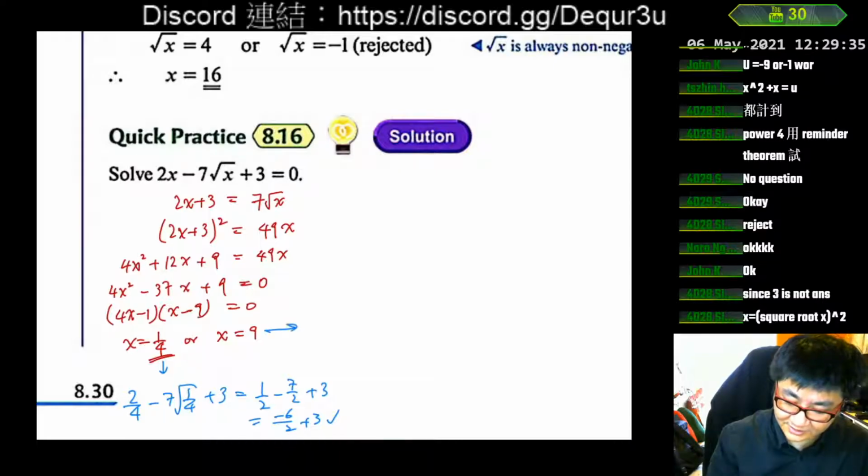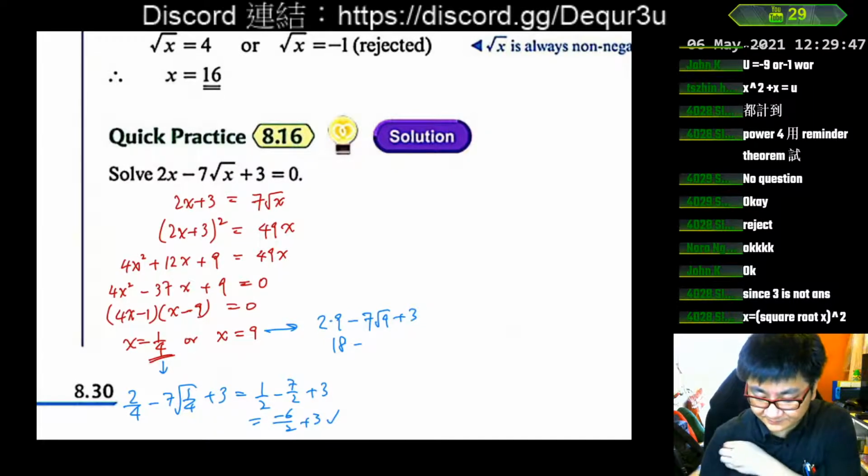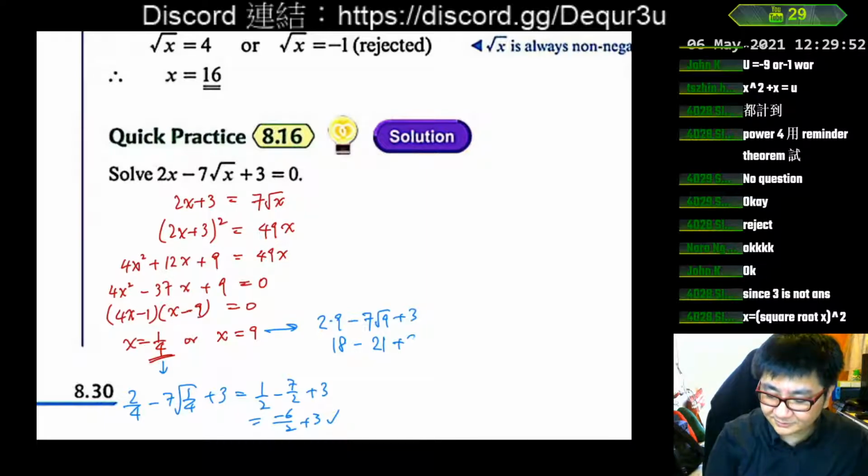Then we also check this 9。咁 2 乘 9，然後就減呢個 7 square root 9 plus 3，咁呢個就 2 乘 9 係 18，然後就 minus 7 乘 3 square root 9 is 3，7 乘 3 is 21 and then plus 3。OK，呢個21減21都係答案。所以 after checking，你發覺兩個都係答案。